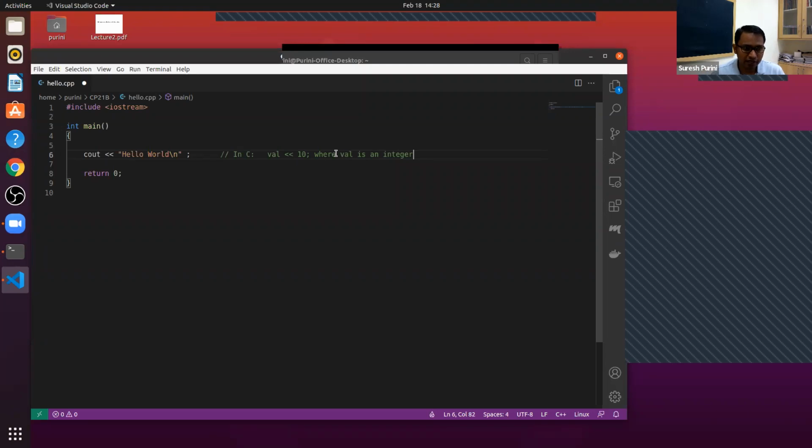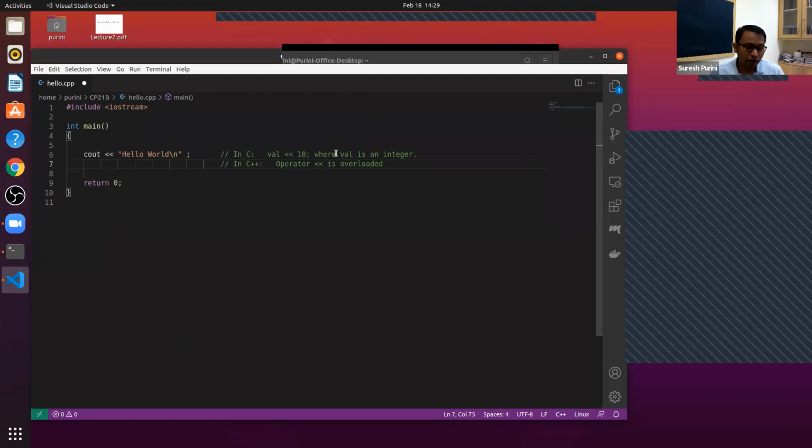But here in C++, we will see what is called operator overloading. We will see what overloading means in a moment.